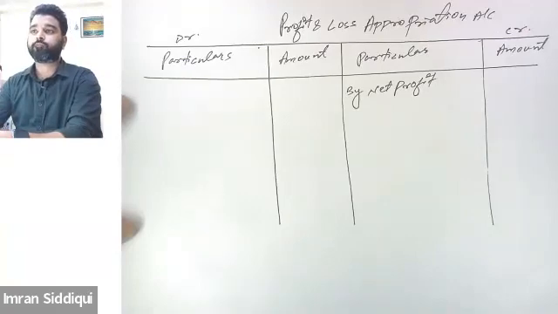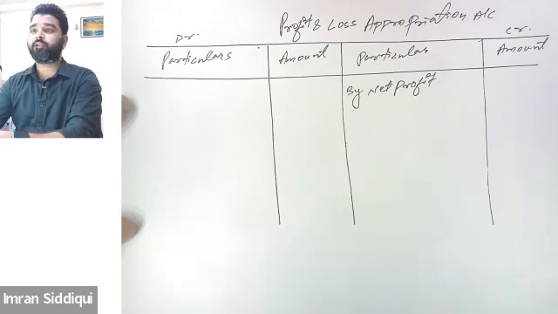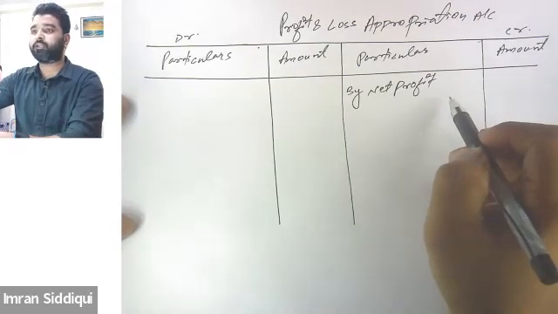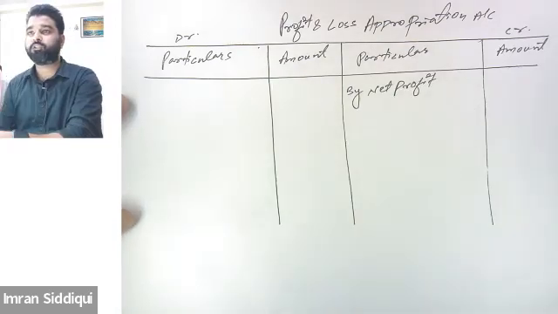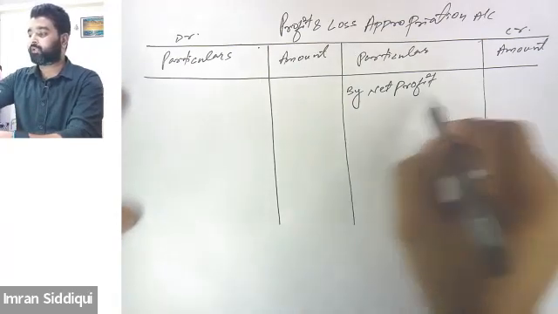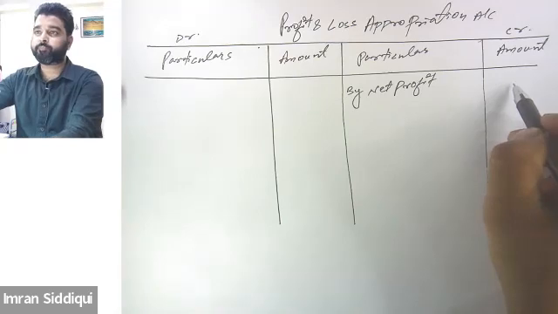So always remember that net profit in the P&L appropriation account is always written on the credit side before deducting the interest on capital and salary of the partner. Is that clear? You need to write down the value of the net profit on the credit side before deducting the value of interest on capital and the